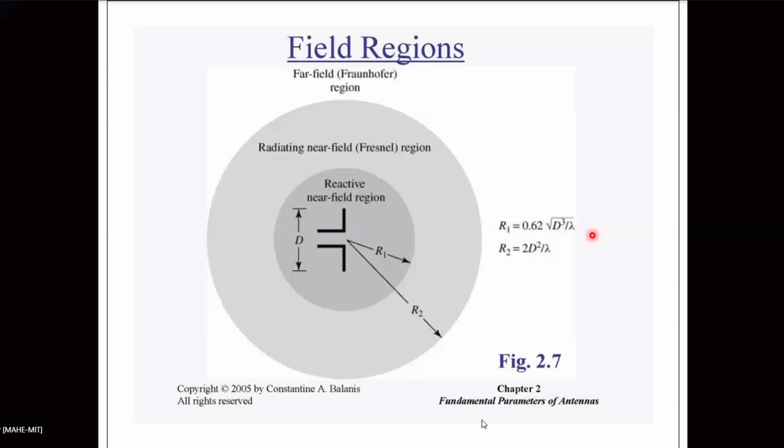And the angular field distribution is independent of the radial distance. I told you, the power may vary for different values of R, but the pattern will not change in the far field region. The shape of the pattern will not change, but the power level will vary. Pattern does not depend on power level. For a fixed R, when you vary theta and phi, you get a pattern, and this pattern does not vary with R. That is very important. You should know that always.